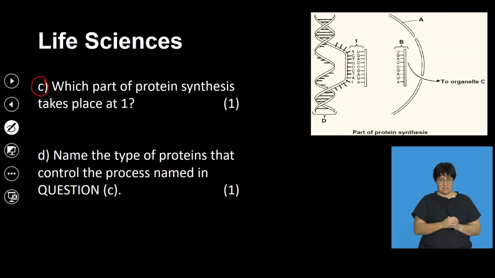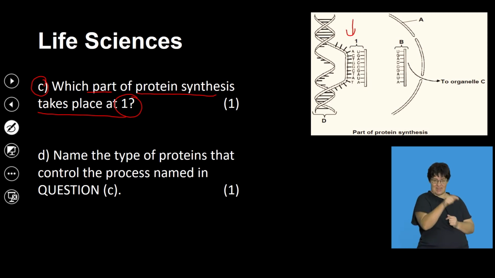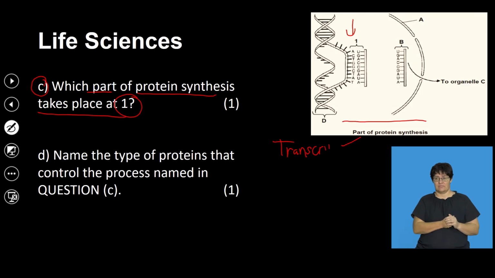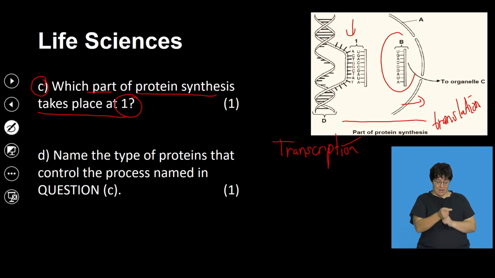Question C. Which part of protein synthesis takes place at 1? So guys, here is the diagram that illustrates a specific part of protein synthesis. Which part of that takes place? If you recollect, protein synthesis occurs in 2 steps. The first step is transcription, and the second step that occurs outside in the cytoplasm is called translation. And so if we refer to what is happening in that process, that is the production of mRNA,